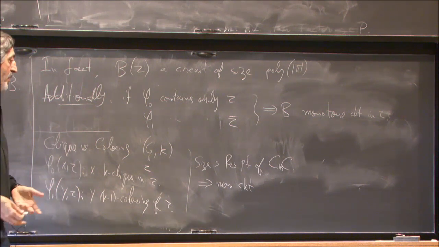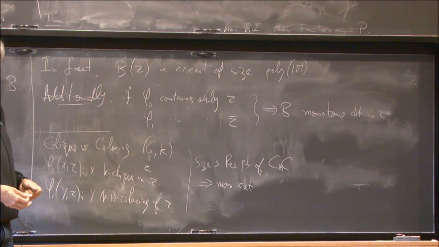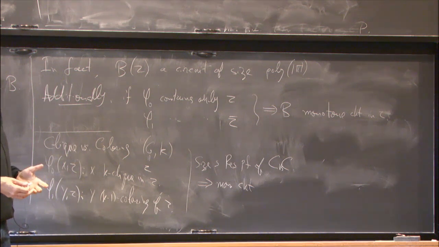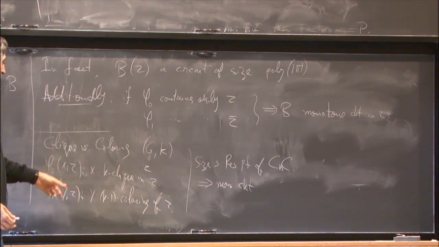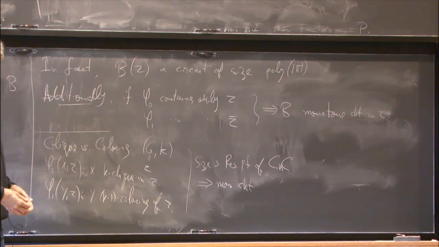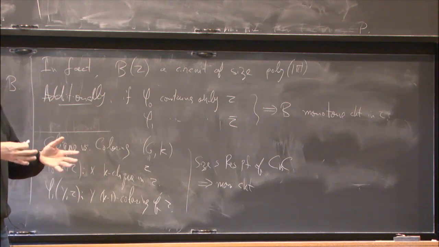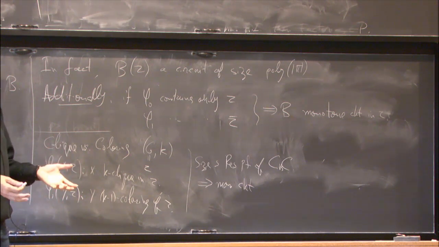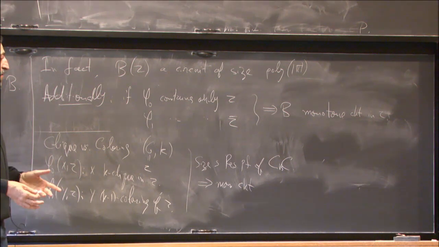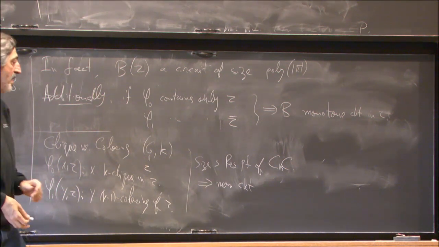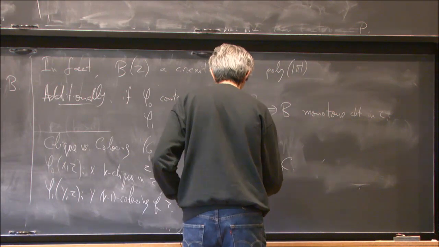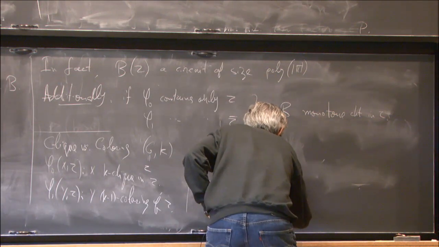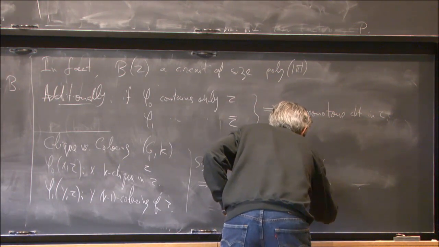So basically it tells us, if we have the promise that the input graph either is a k-clique or a k minus 1 coloring, right? These are, the graph itself is fully a k-clique or fully a complete k minus 1 partite graph. The monotone circuit will tell us which is the case. Okay? So there's a monotone circuit of size S